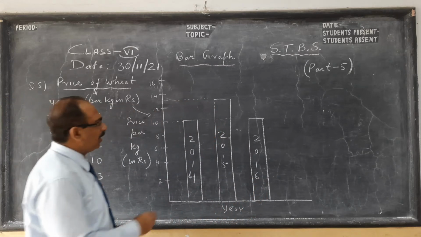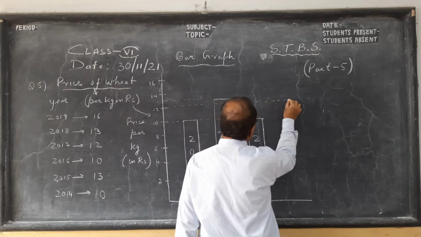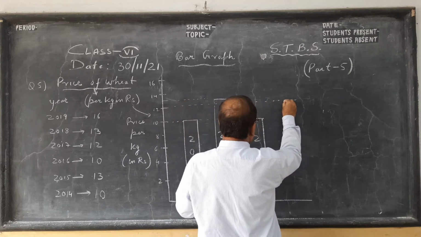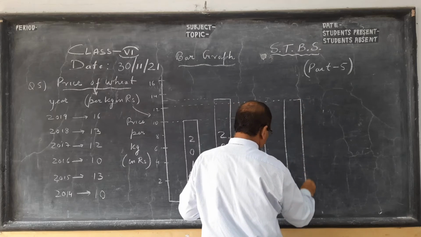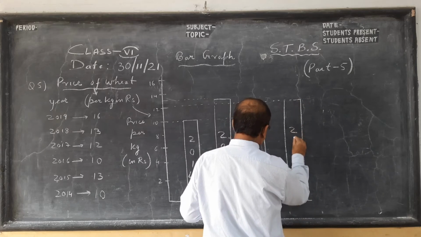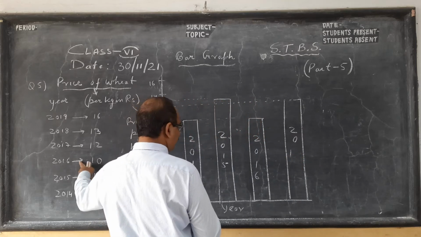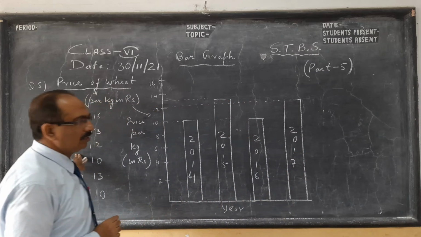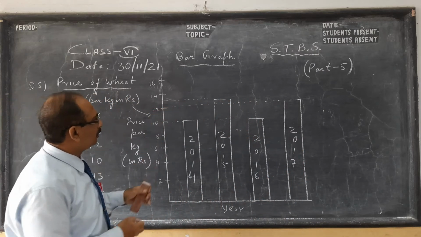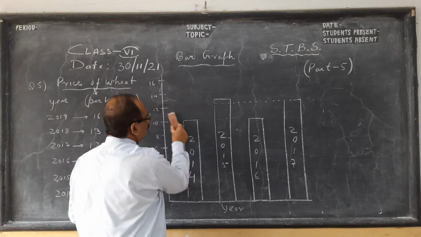2017, children, it's 12. So here you take a dotted line. We can rub it off later on, children. So see the gapping, and we see the thickness also. This is 2014, 15, 16. This is 17. So 2017 we have 12. See, you can rub this later on. In the beginning you can take the help.